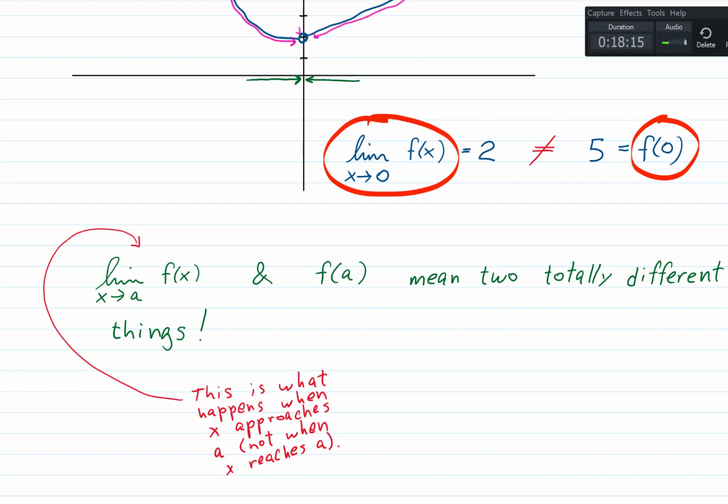Okay, and this one is what happens when x reaches a. Okay? Two different things. All right. Now,